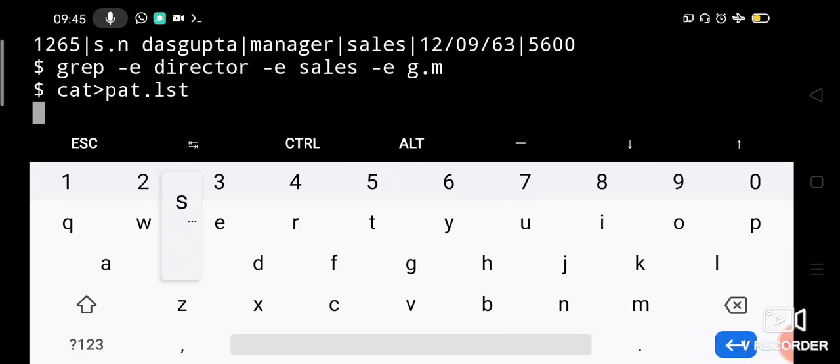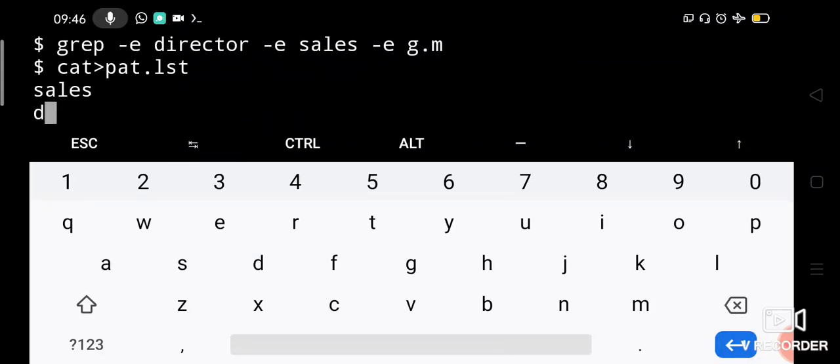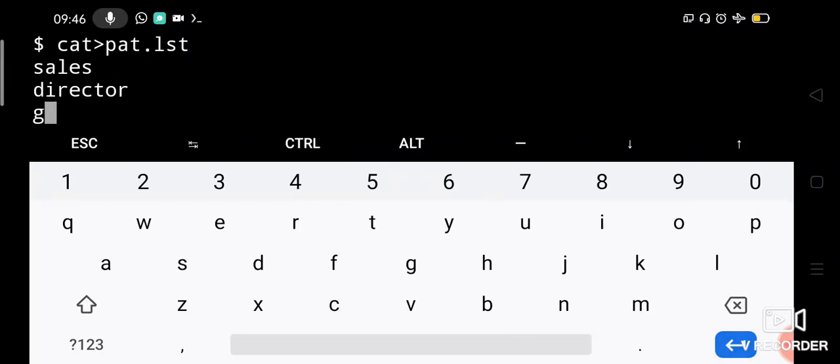Now I will store all my patterns here. I want to search for sales. I want to search for director. I want to search for GM. Then also I want to search for manager.